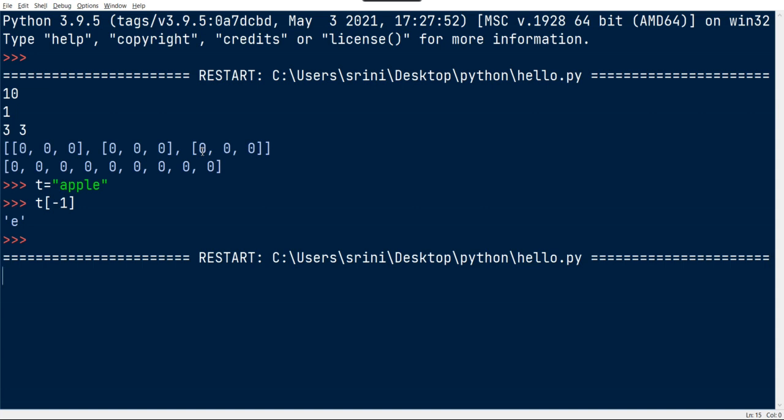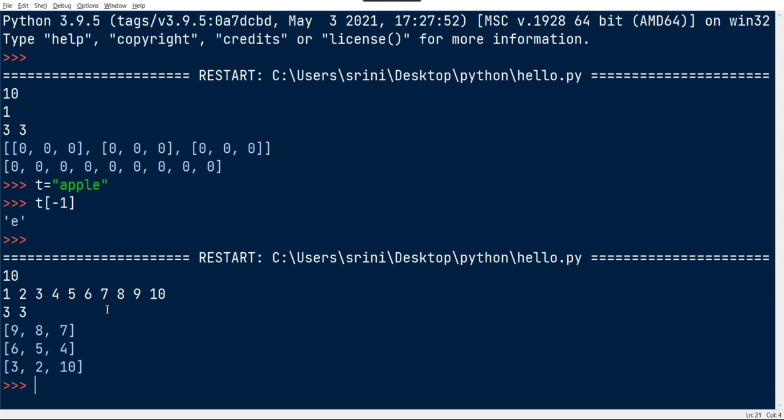So let me run this, so we will get a proper feel or understanding. 1, 2, 3, 4, 5, 6, 7, 8, 9, 0, or else 10. And my size is 3 cross 3. We got 9, 8, 7, 6, 5, 4, 3, 2, 1, 0. So this is how we are getting the input, like 1 2 3 4 5 6 7 8 9, and then 10 will be replaced here.